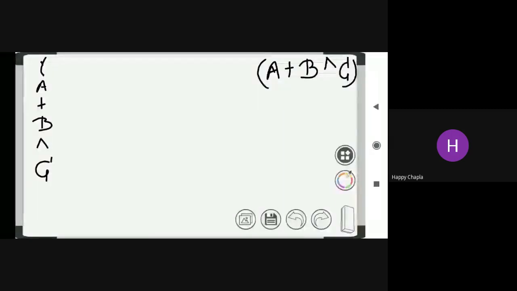Now first try to solve this one. I have A plus B power C. According to the rule, first write the starting bracket and closing bracket around the expression. So: starting bracket, A plus B power C, and closing bracket.